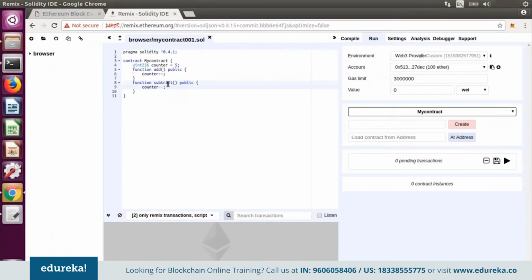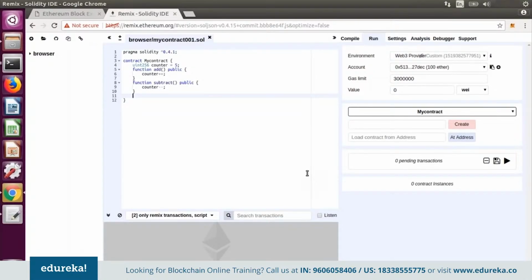Guys, although public is the default modifier when no visibility is specified, typing out the function visibility is a good habit, so you should always do it. Now there are other access modifiers like external, internal or private, but we do not need to know about them right now. What we need now is a function to output the value of the counter as it changes with